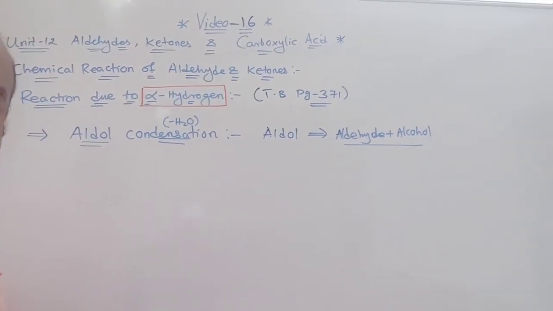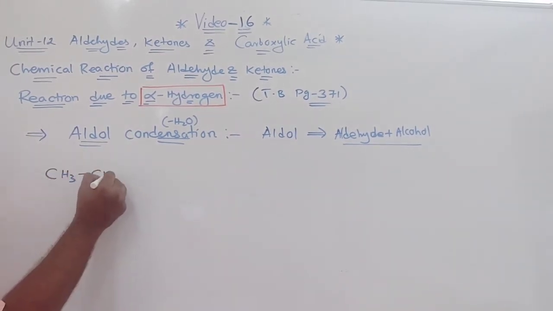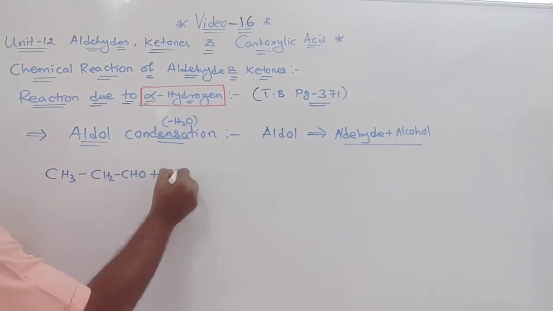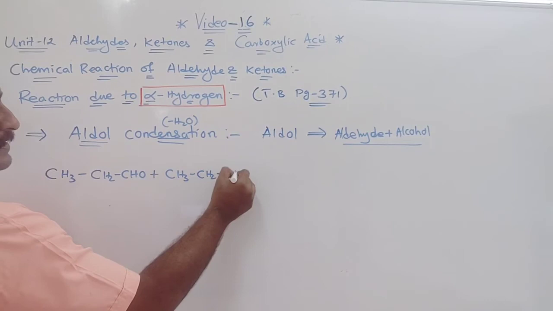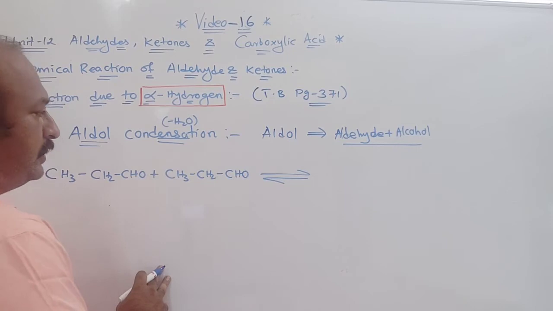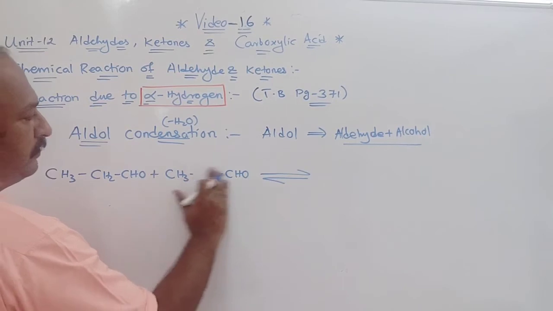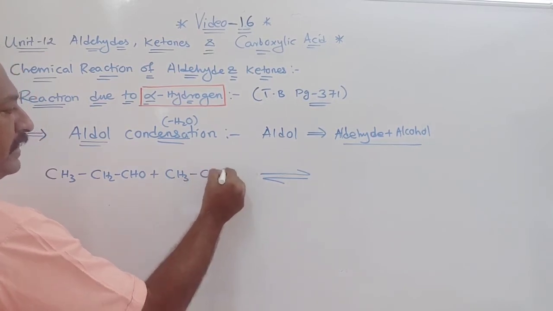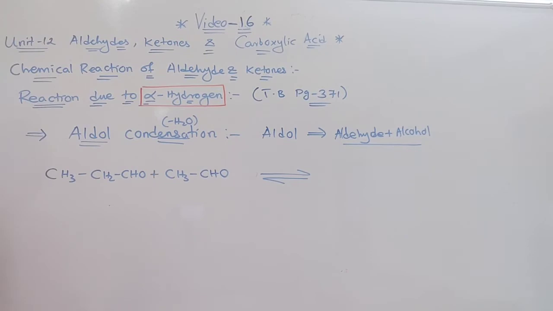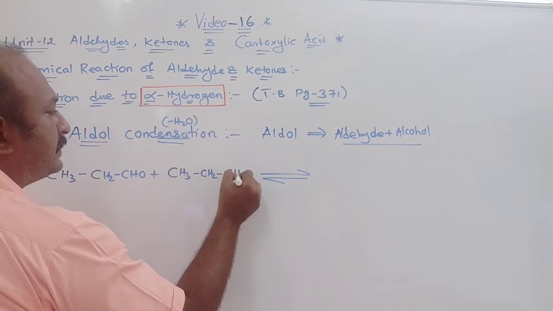You can see here one more example. Okay, so CH3CH2CHO plus CH3CH2CHO like this. I have increased one carbon in each case. Understood? So if you want to, you can do like this, or we will do one thing. We will take here only this CHO. Okay, one different molecule I have taken, if you remember. Now, same only, we will take CH3CH2CHO.